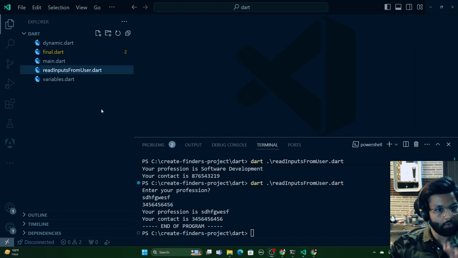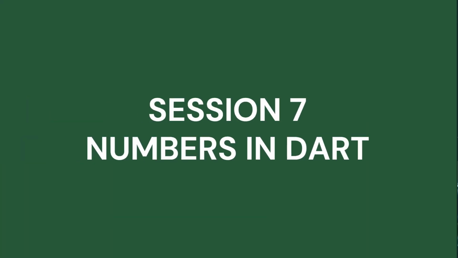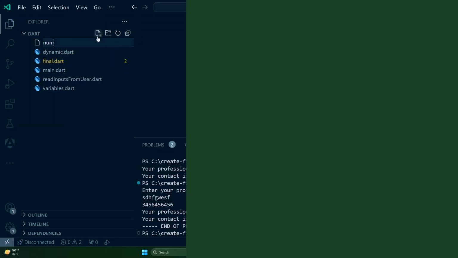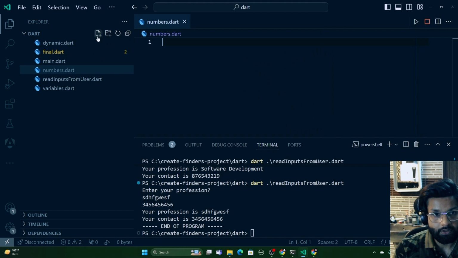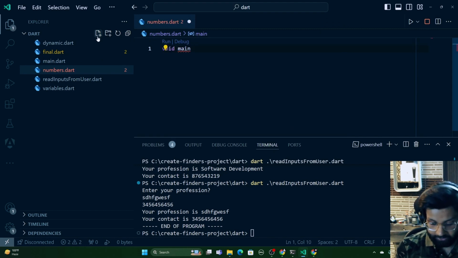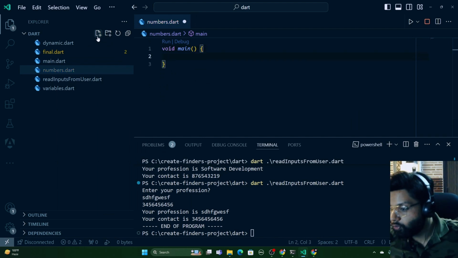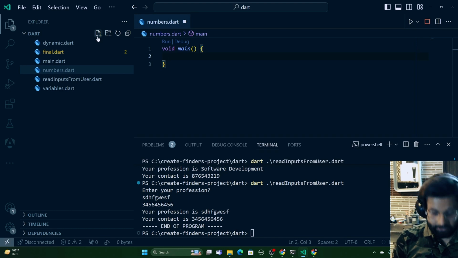So hi there and welcome back. Now we are going to check out some functions, some methods in numbers. So I can say numbers.dart. Let's quickly go to the void main block like this, and then in here what we are going to do is, let's introduce some